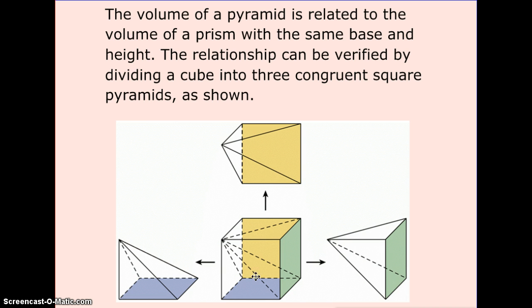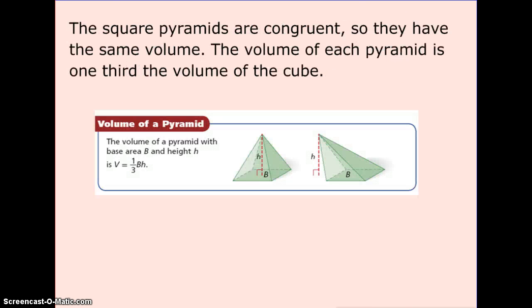And if I were to divide this cube, I could create three congruent square pyramids. So you have this one here, this one to the right, and this one to the left. What that means is that when you look at the formula, it's going to be 1/3 the area of the